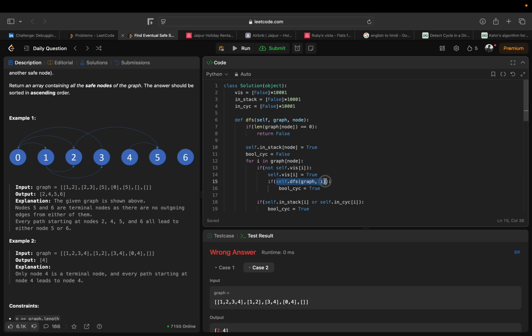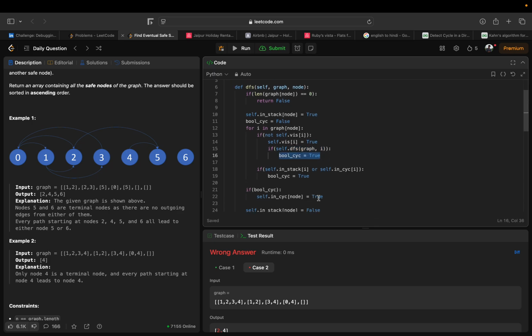And if they are part of a cyclic node, I will say that my current node is also part of a cyclic node, right? If they are visited, like this is visited, yeah, right? But this is also in the stack because this is also in the path right now. So if it is the case, or else there is a case in which, let's say 4 is a cyclic node. So